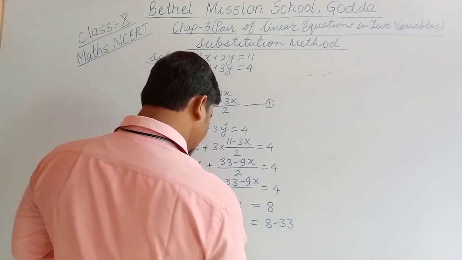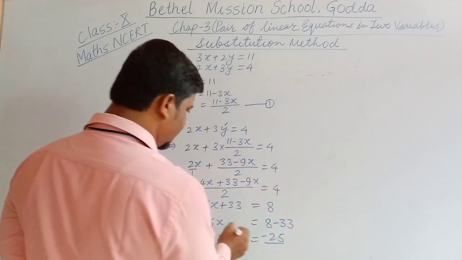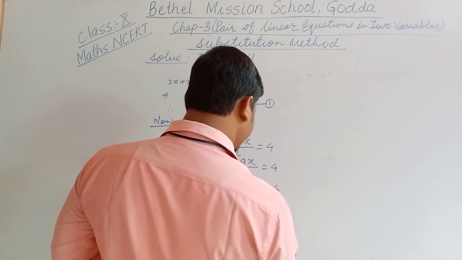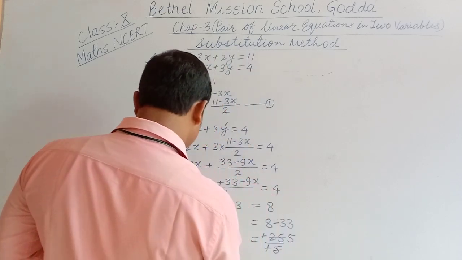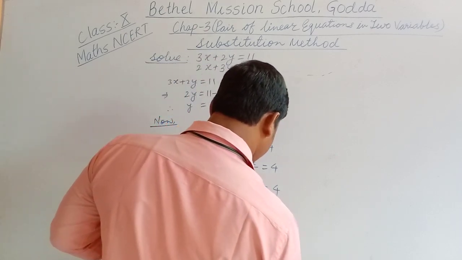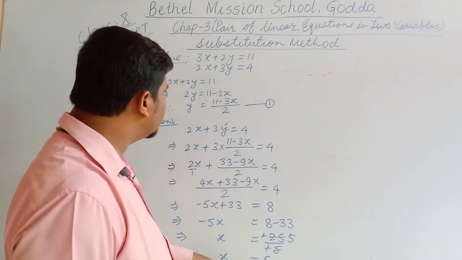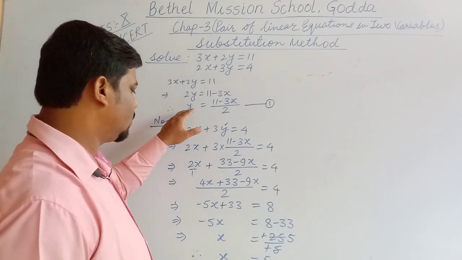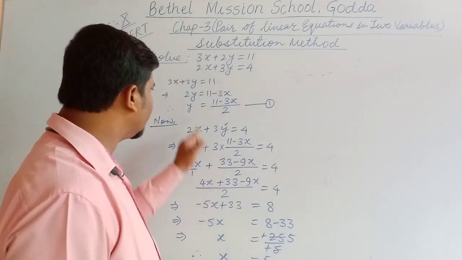Therefore x equal to minus 25, and this minus 5 will be transferred, so this will be divided by 5. So what do we get? We are getting 5. Therefore x equal to 5. So we got the value of x here, and this value we will substitute in equation 1 for y. Then we will get the value of y. When you substitute the value of x in this equation, you get the value of y.